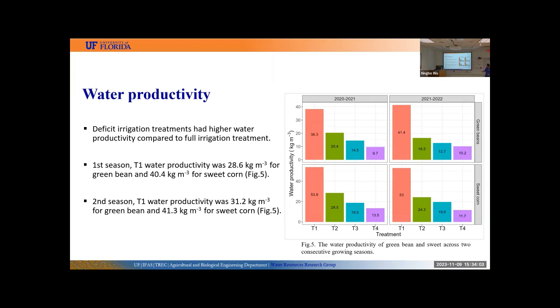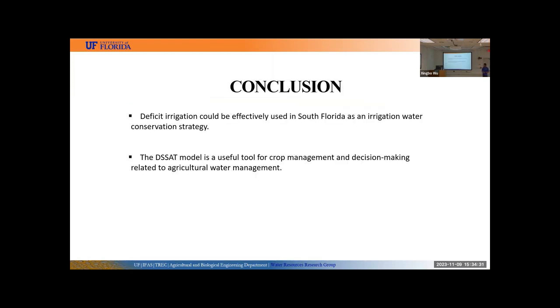For instance, in the first season, the 25% irrigation treatment water productivity was 28.6 kg per meter cube for green beans, and it was 40.4 kg per meter cube for sweet corn. And we observed a similar result during the second season, where the deficit irrigation treatment had higher water productivity compared to the full irrigation treatments. So as a conclusion, deficit irrigation could be effectively used in South Florida as an irrigation